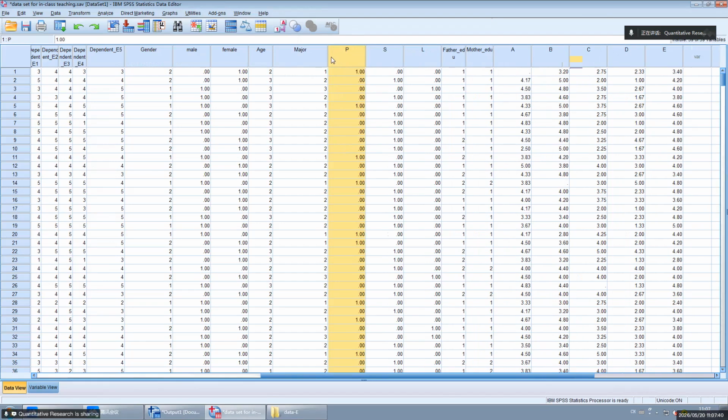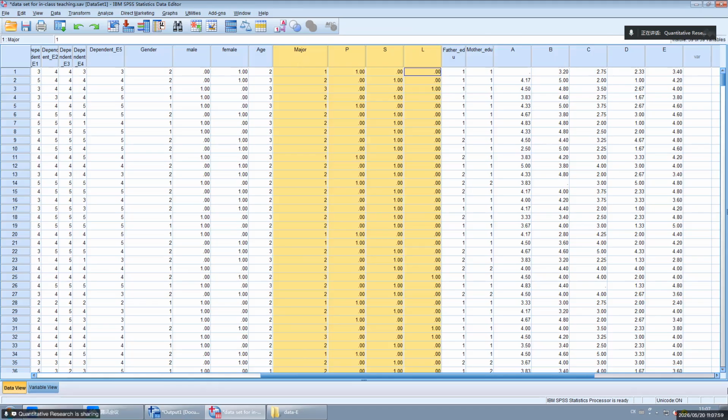Paste. So you can see now we have 3 type information. We have 3 dummy variables for major, and they're grouped together.